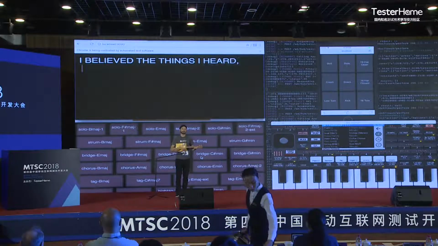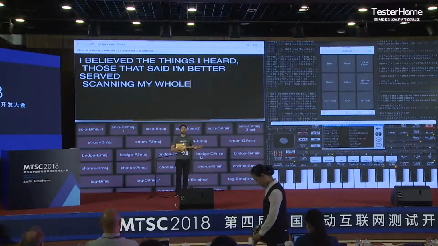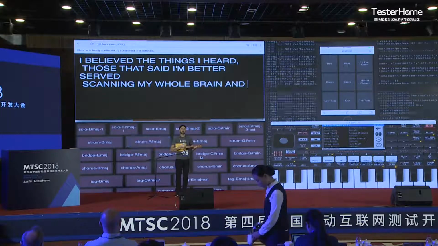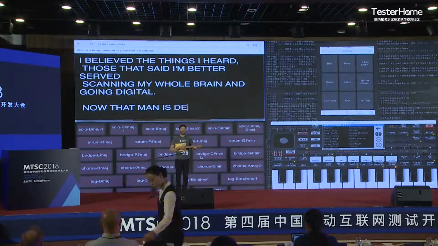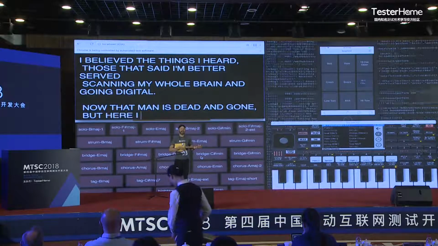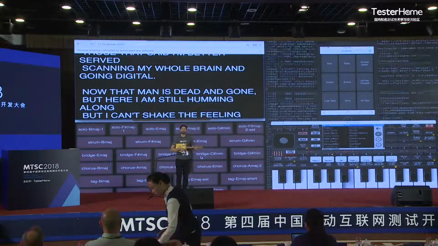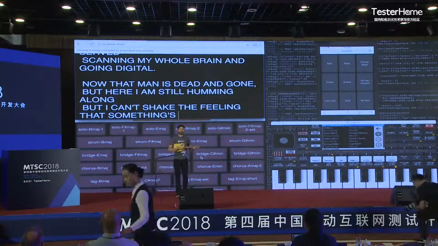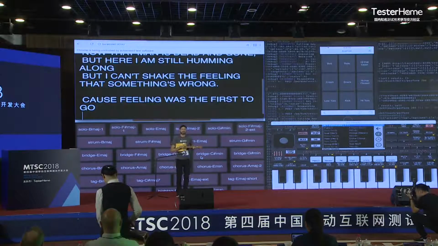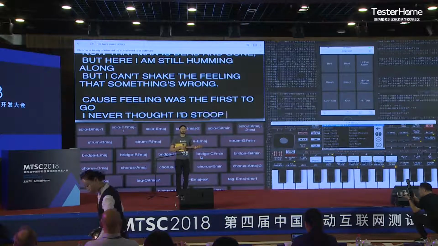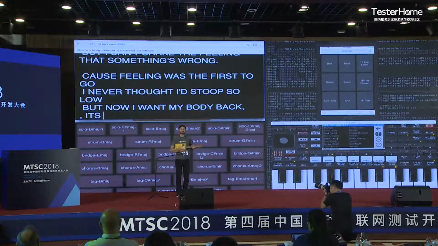Things I've heard, those that said better soon, scanning my own brain, going digital. Now that man's dead and gone, here I am, still humming along, but I can't shake the feeling that something's wrong. The feeling was the first to go. Never thought I'd stoop so low. Now I want my body back. Its limits seem